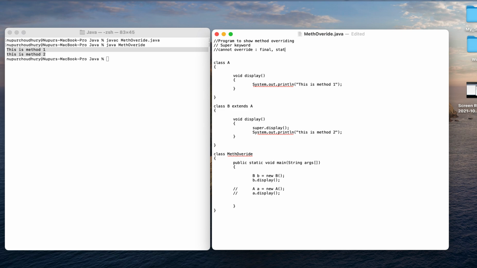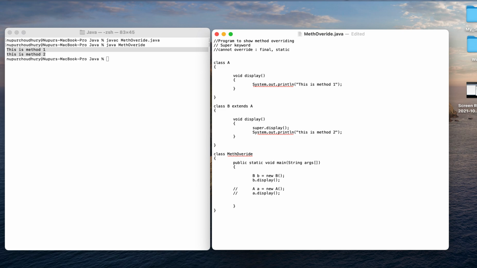Then if the method is static, then also it cannot be overridden. So whenever we have declared a static method with the same signature as that of a static method in the base class, it is known as method hiding, and whenever this concept takes place we will not be able to override that particular method.